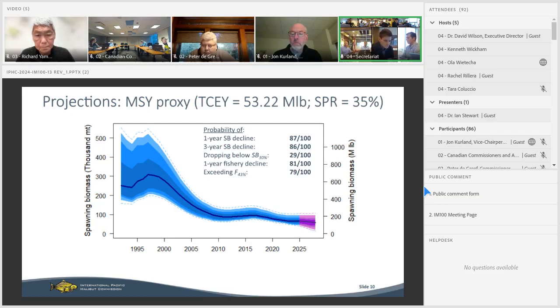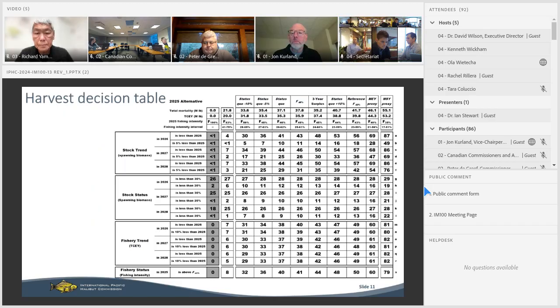This is really the effect of these different management alternatives over the next 3 years. So despite the broad range of uncertainty, you can see that the stock does respond to the management action that's selected over the next 3 years. Now here's the full decision table without the color coding, just to show you all these various probabilities. I'm not going to go through these numbers, but it's there for your review.